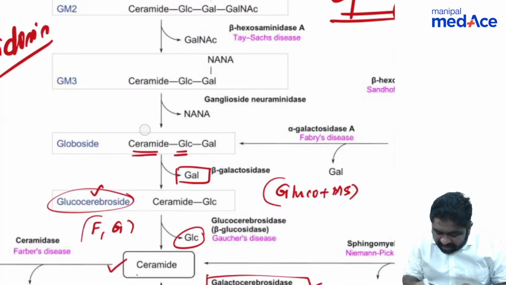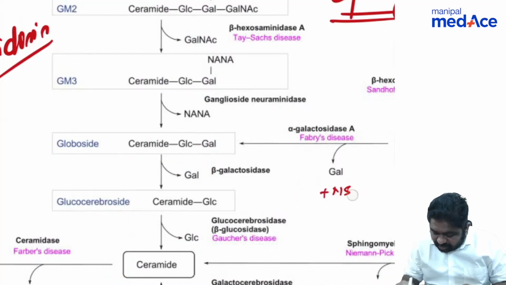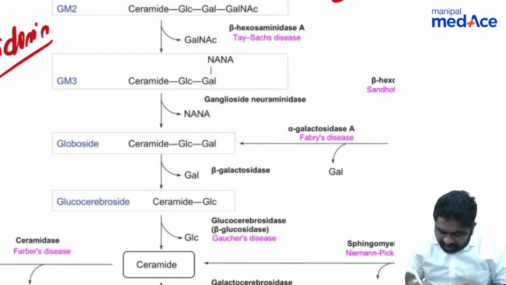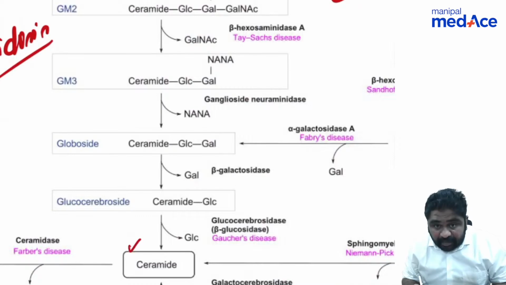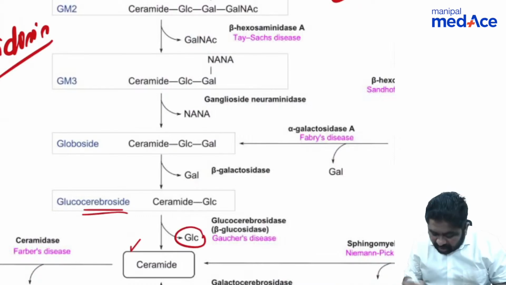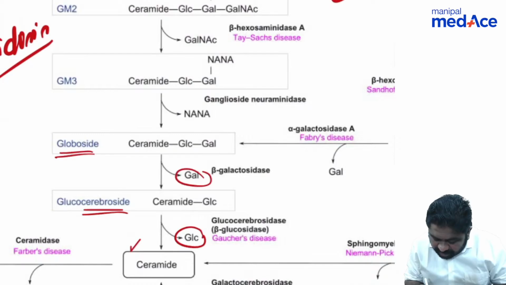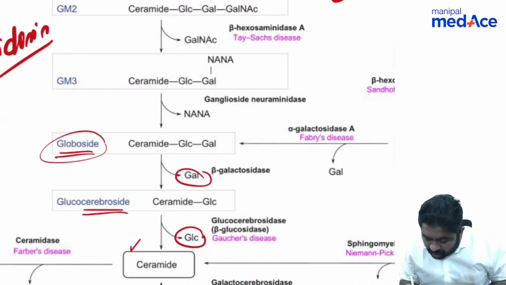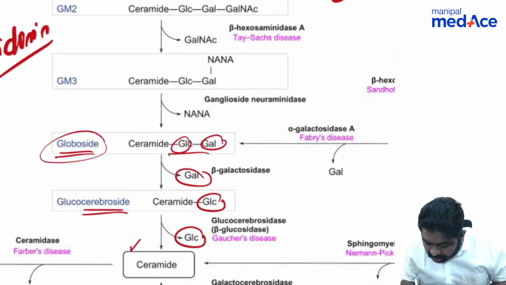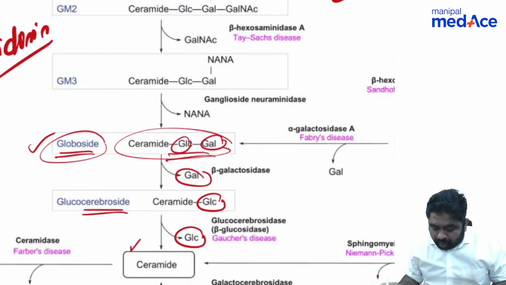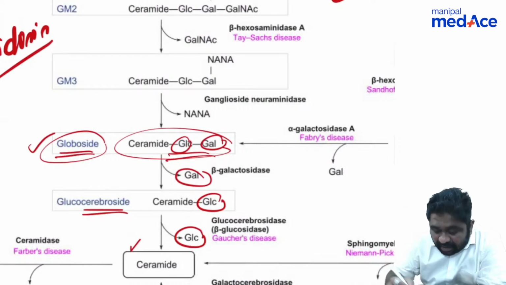So now let me erase these annotations for it to be easier for you to understand. Look at this. Here we have ceramide. Ceramide plus one monosaccharide becomes cerebroside. Cerebroside plus one more monosaccharide becomes globoside. Now you have glucose, galactose, both of them present in this. It is a globoside. Now, if I keep on building upwards to the globoside, if I add N-acetylneuraminic acid,